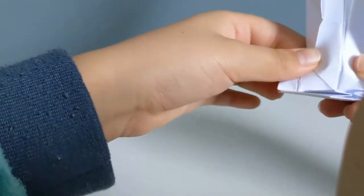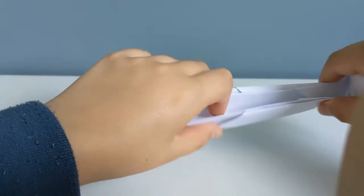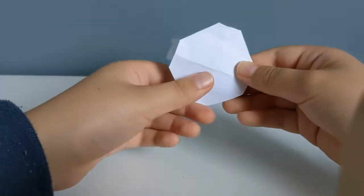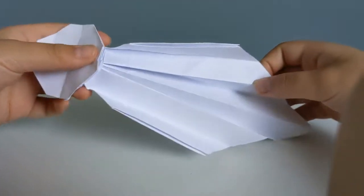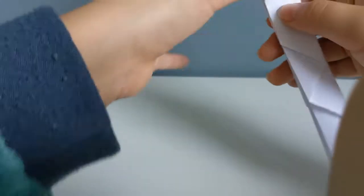And then once you've done that, you can do a rabbit ear fold to get this. So you've got the head and the tentacles. So you can leave it here like this if you want, but what I like to do is this pattern. So how you're going to do that